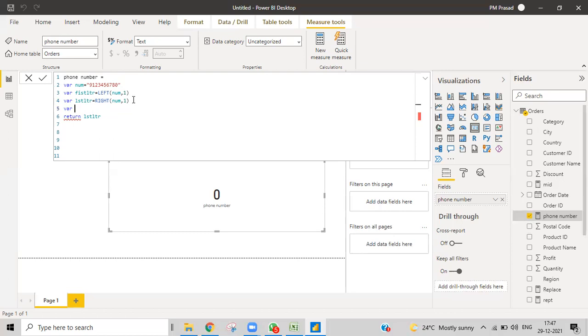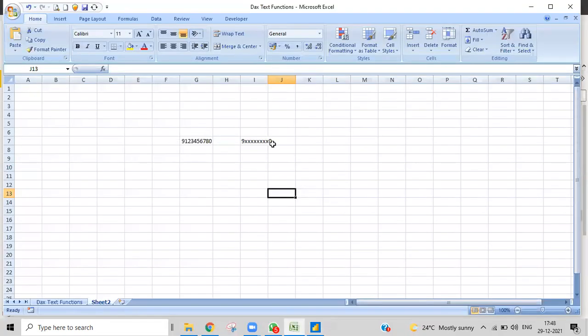Yes. Just trying to show you this output. I do have this one, but I want this one. So what we can do, first of all, I'm trying to get my 9 separately, the first letter separately, and the last letter separately. Here I'm taking this as text, so I'm telling it is a letter. I know this is a number, but I'm taking it in quotations. Whenever I take it in quotation, it will convert into text.